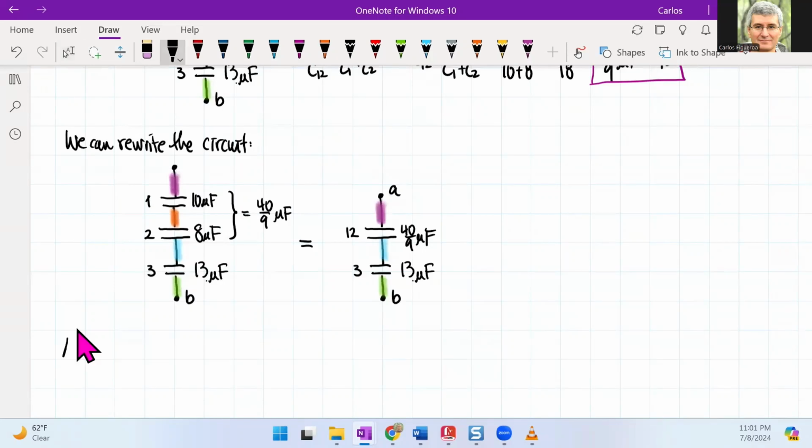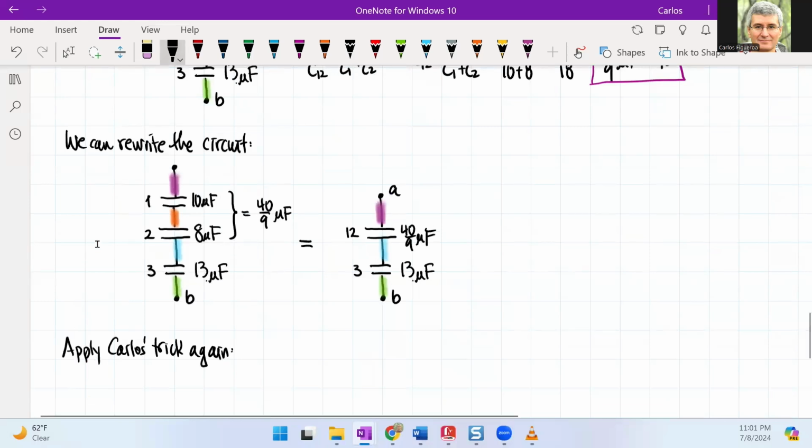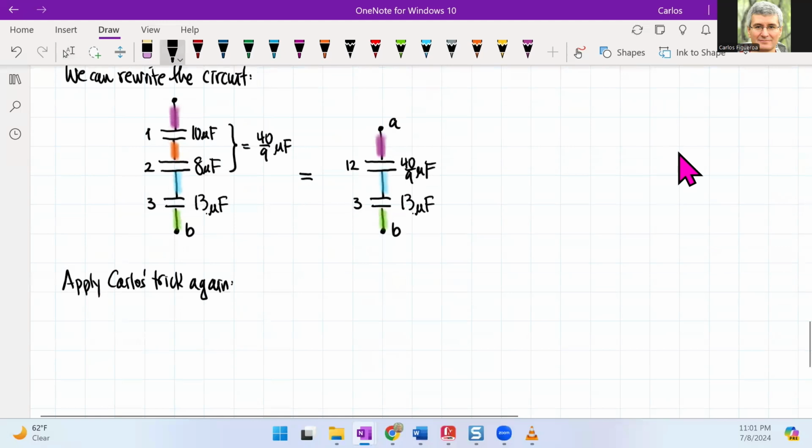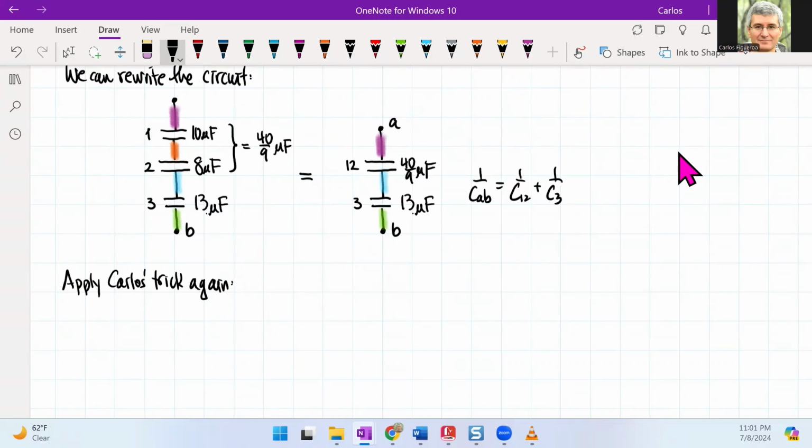I'm going to apply Carlos's trick again. So if I do that, now look at that. I have two capacitors between A and B. Now note, I could write 1 over CAB, and then 1 over C12 plus 1 over C3. But why do that? Why can't I just immediately come in here and go